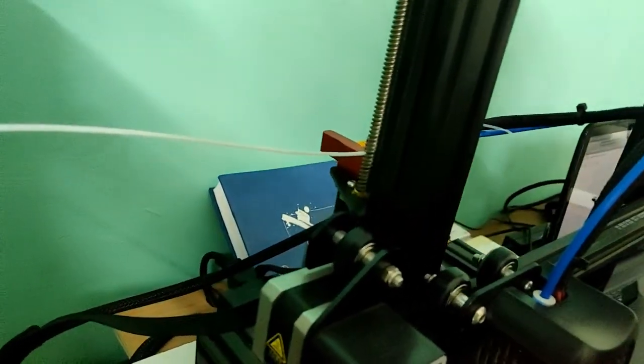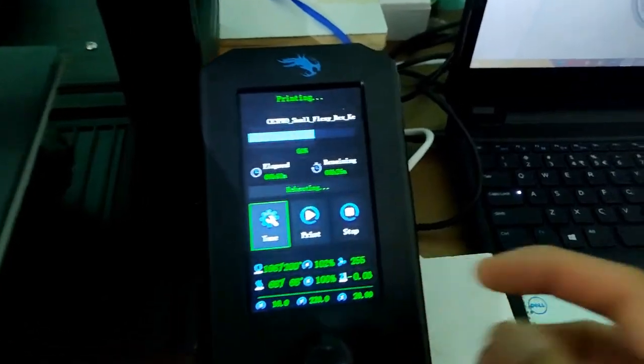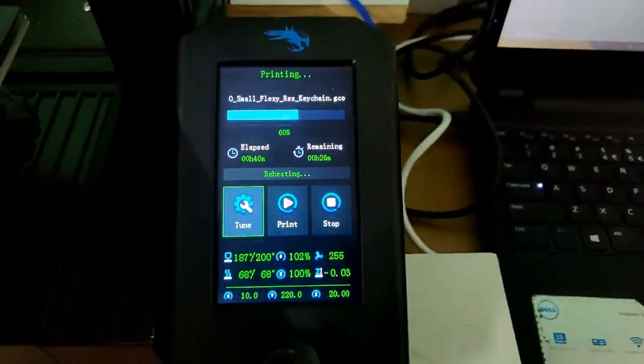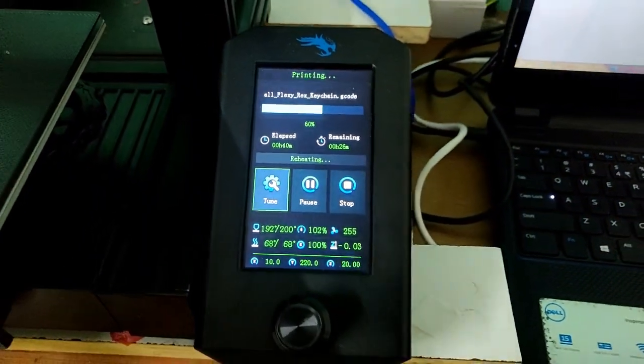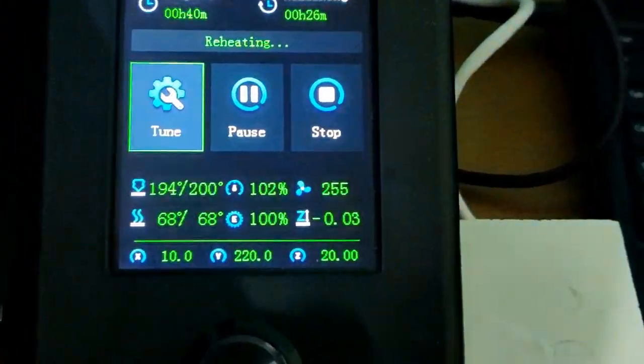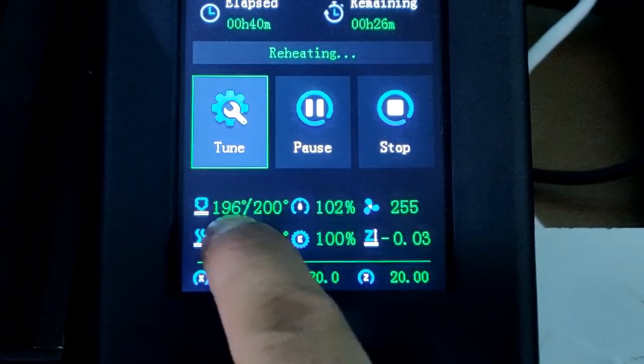I have replaced the filament color. It was red. I have set it to change to white. Now click print again. It will wait for the temperature to rise, then it will start printing.